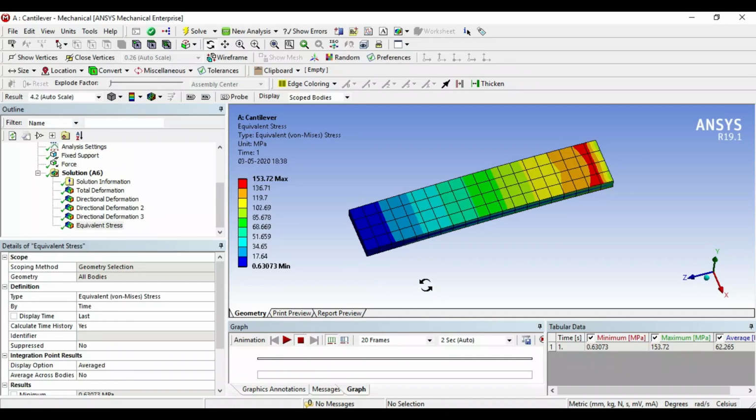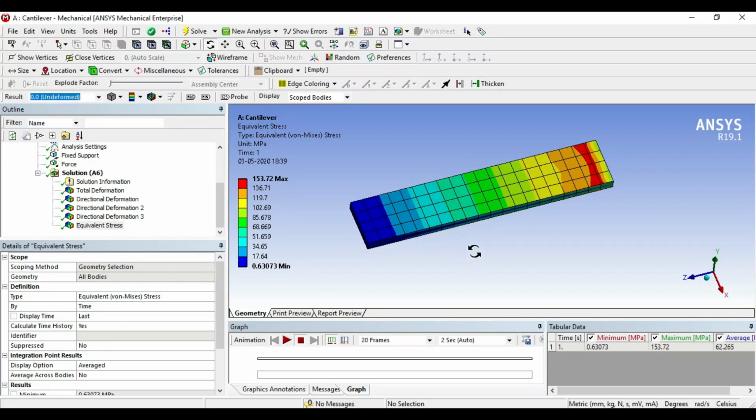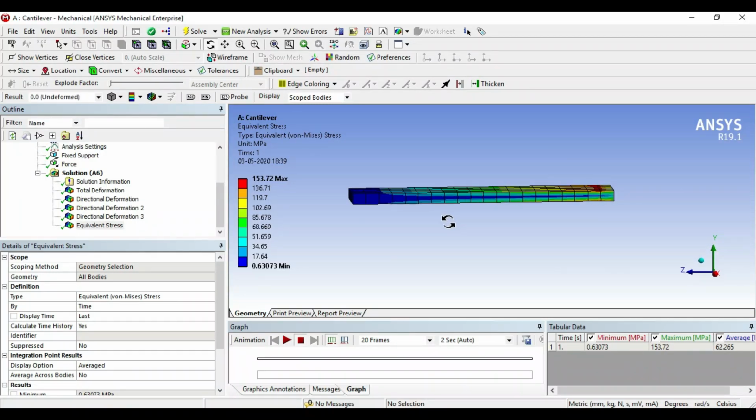So this is, we can say, graphics that help to interpret the results. Then in this result bar, you will find scales. Here, the 4.2 is auto scale. Click on this undeformed. So here you will see the undeformed shape.